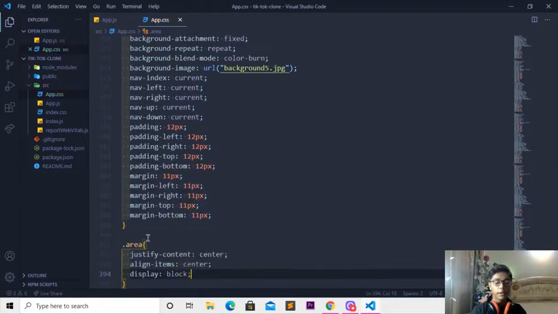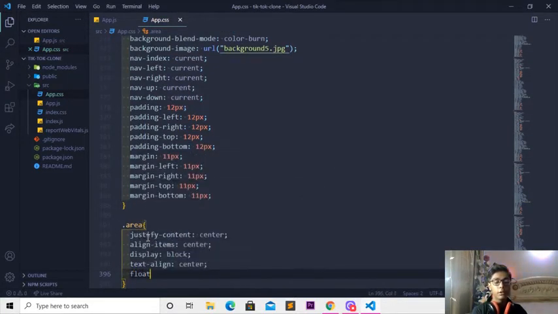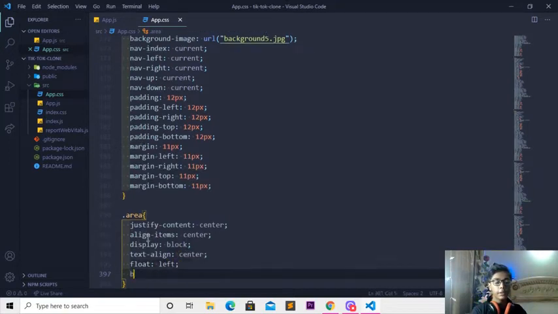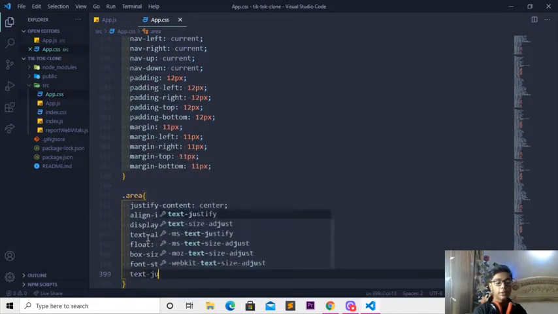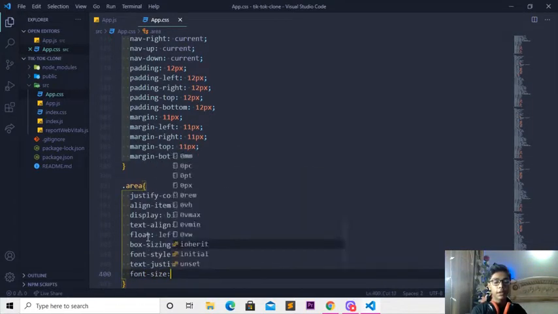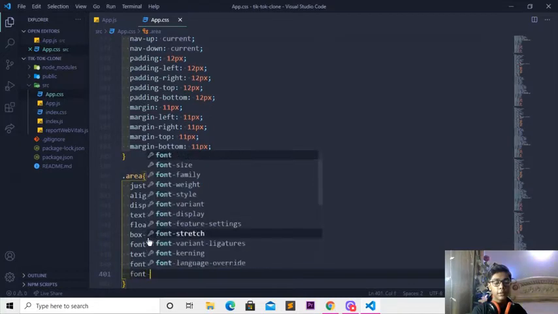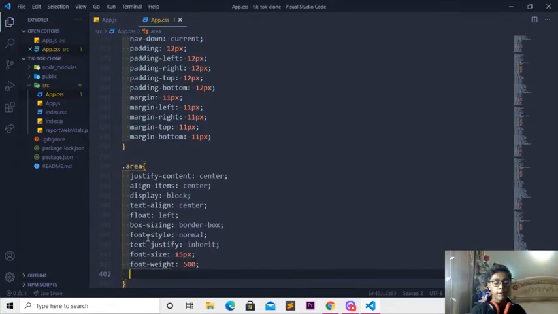So when you're done with that, here I'll be writing text-align center, create float to left. And then I'll be writing box-sizing border-box. And I'll be writing font-style normal. So here I'll be writing text-justify inherit. And when you're done with that, here I'll be writing font-size 15 pixel, create font-weight, which will be 500. And then I'll be writing font-family, which will be Montserrat,